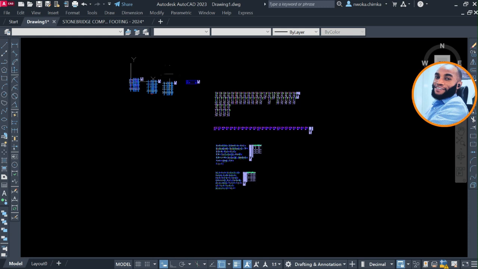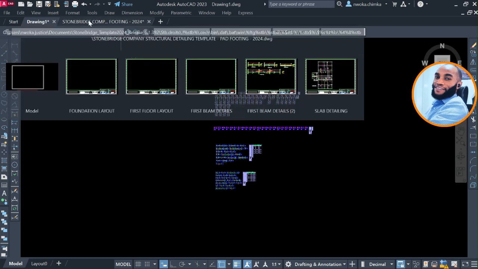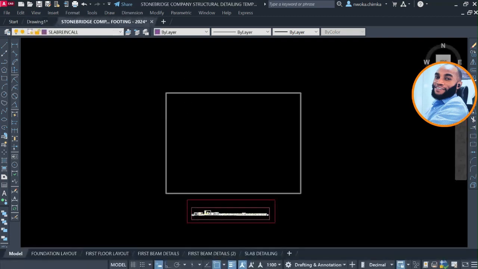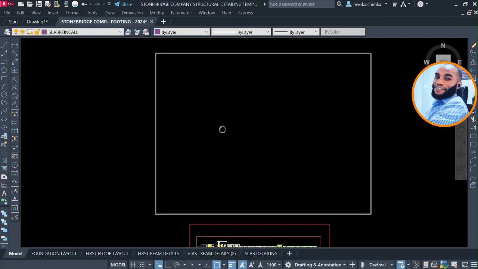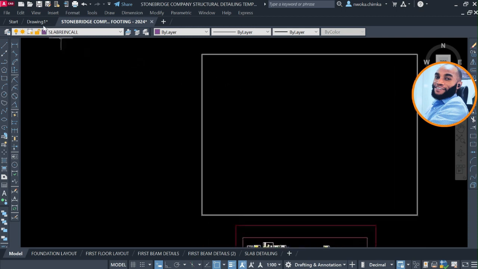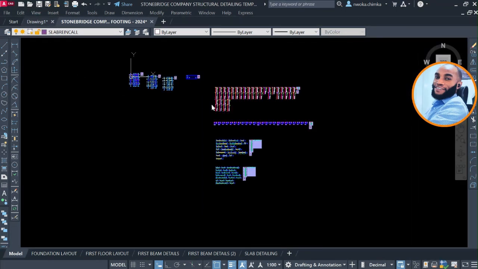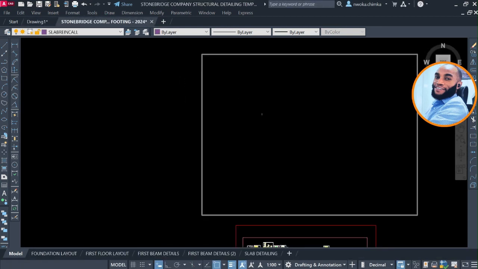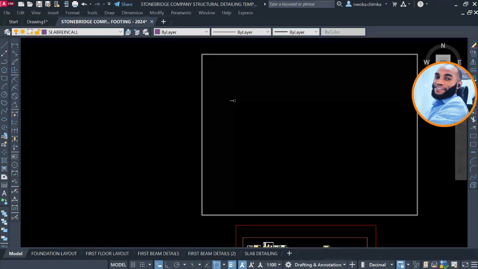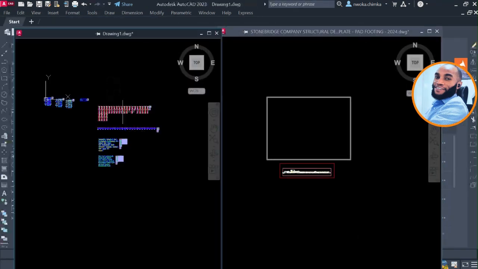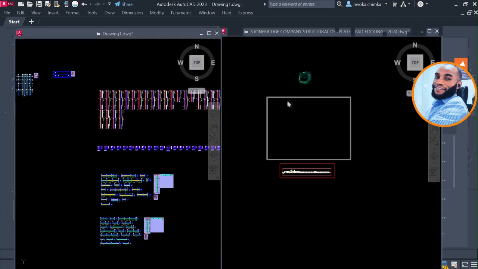Once I've copied it, I'll now open the Stonebridge template here. Now, before I paste it, let me try to share my screen into two parts so that you can see the one that came from Protastructure, and the other one that we are going to paste on this Stonebridge template. Okay, so let me just share that right now. By sharing my screen, you can now see that this is the one that came from Protastructure,